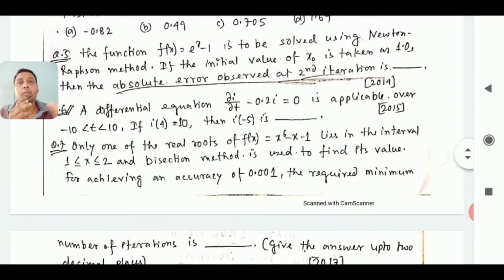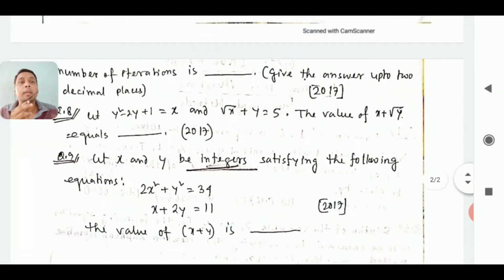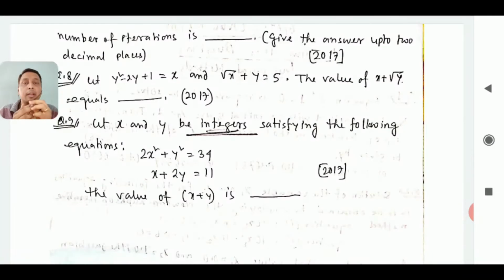Okay students, I welcome you to lecture 2 of this GATE Engineering Math Numerical Method series. Today I have taken again questions number 5, 6, 7, 8 and 9, and that's all I have in numerical methods. If I have new questions, I will add them in a new lecture. Okay, then let's try to solve it.